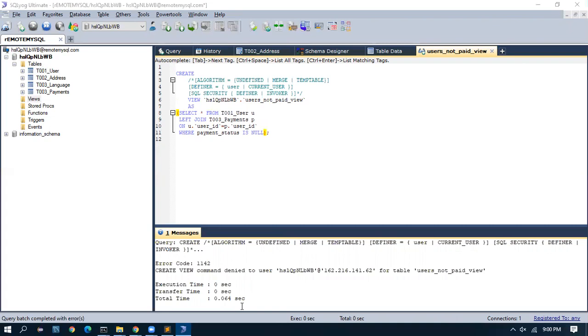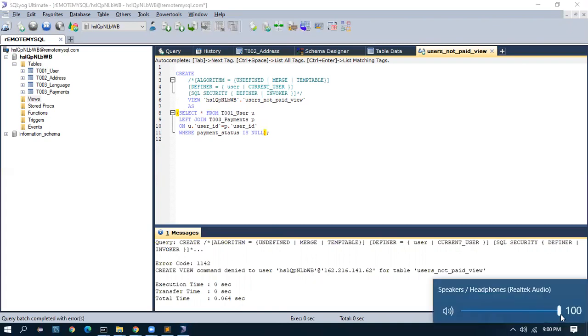So I do not have permission to create a view. But I will check it out.